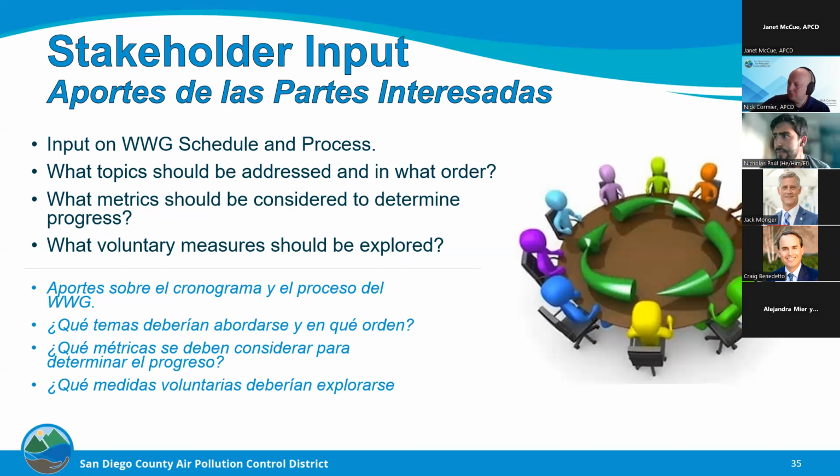And also considering that our weather is just getting warmer, there are some peaker plants in Otay Mesa that are powered up, obviously, when we need more energy. So that is something that we should also measure. If we're getting more polluted because of those, and it's really not because of truck traffic, I think it is important to understand the different polluting sources. Thank you.